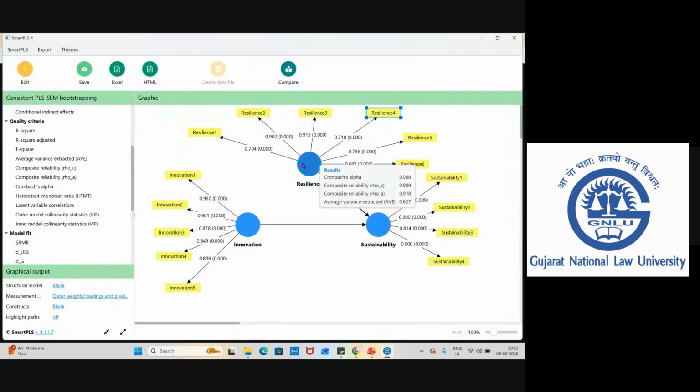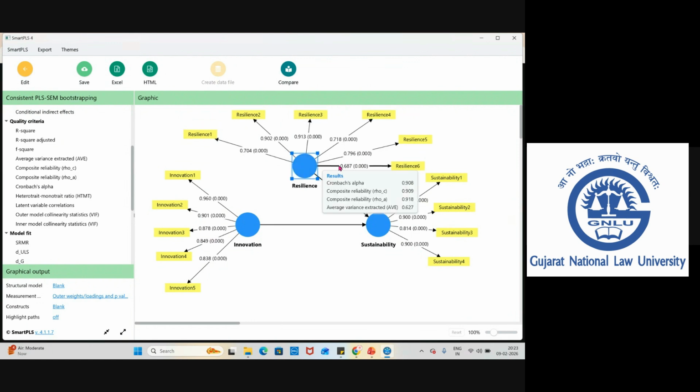Similarly, I can also see the resilience construct. All the factor loadings are greater than 0.708, except for one, resilience 6. As a researcher, if you think your theory or existing literature is strongly suggesting indicator number 6, you can keep that particular indicator. The second criterion is whether it is above 0.65. So there's no doubt you can keep this indicator, because it is very close to 0.7. So I don't want to delete this particular indicator. And moreover, we have a significant relationship.